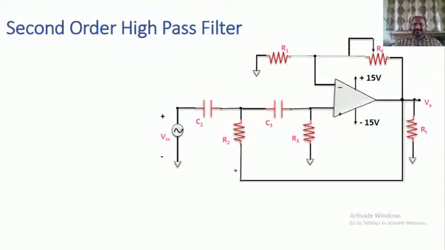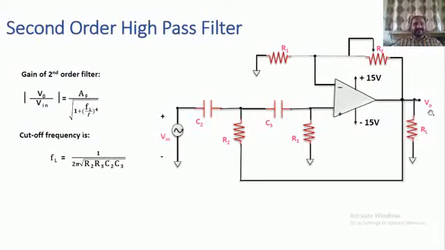Here we have the circuit diagram, which is a little bit complex to analyze, because first we should concentrate on what the input voltage is at the non-inverting terminal and all those things. To avoid the complexity, I think I told you that I'll send some snapshots for the second order low pass filter. The same thing is there for the second order high pass filter also. After bringing all these terms into the frequency domain, only then are you able to calculate the voltage at the non-inverting terminal of the op amp. After that, you will get V0 by Vin. That is the gain of the second order high pass filter.